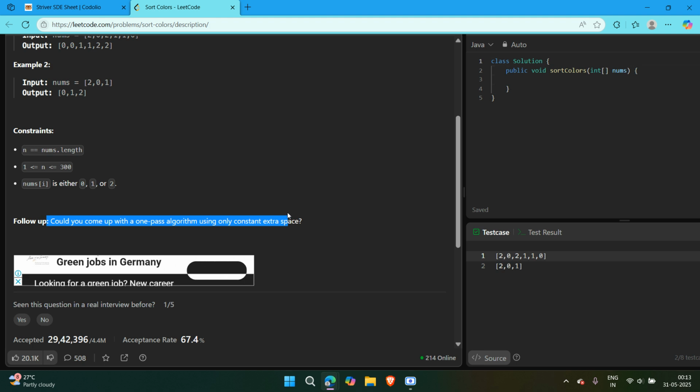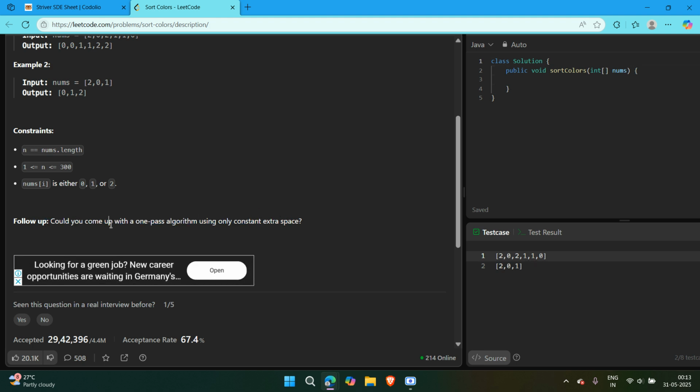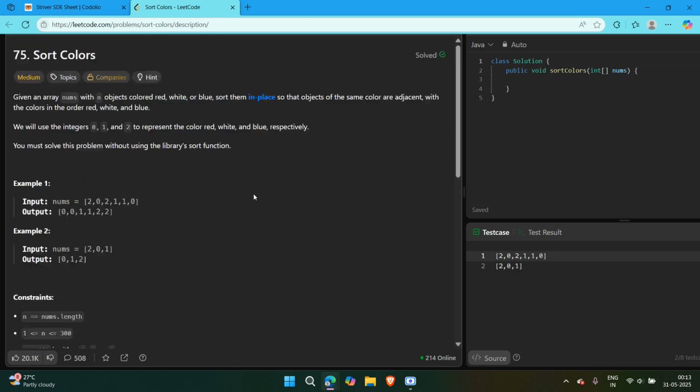See, they are asking us a follow-up question also. Could you come up with a one-pass algorithm using only constant extra space? So I will give you the optimal solution and try to explain it. Okay,